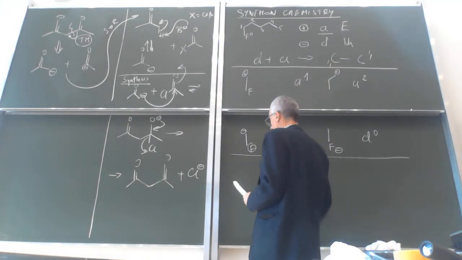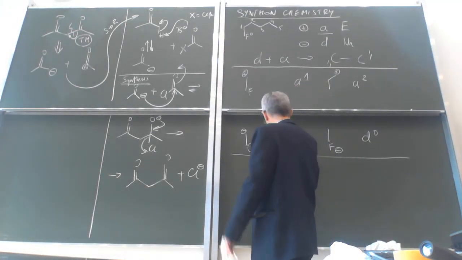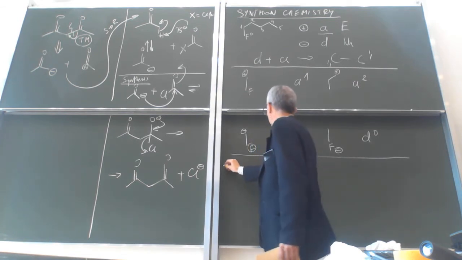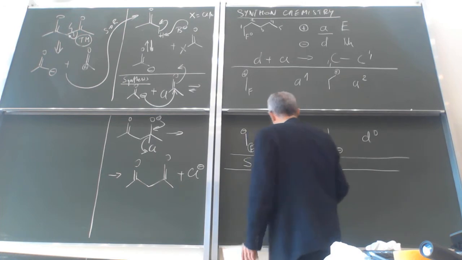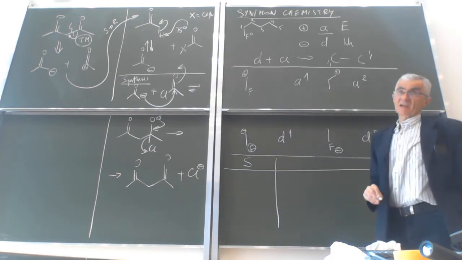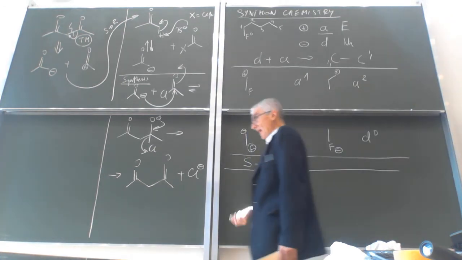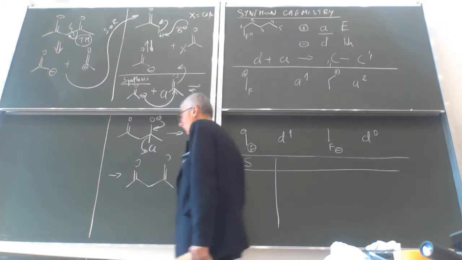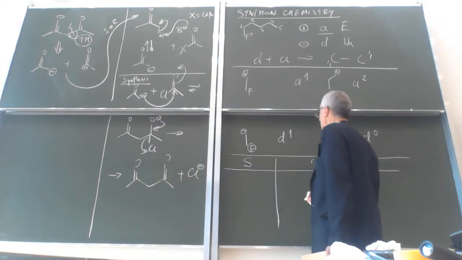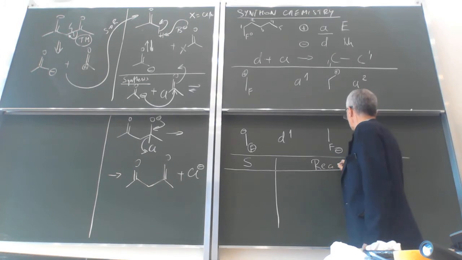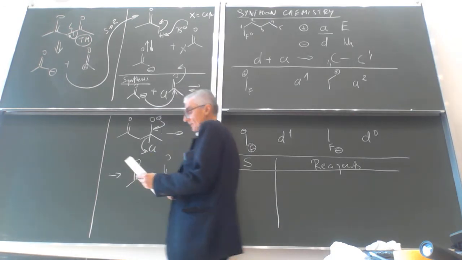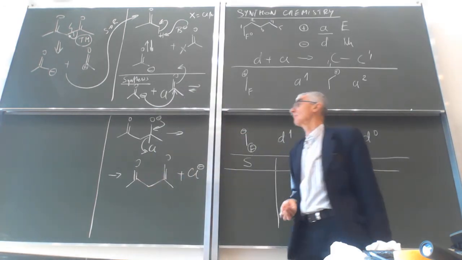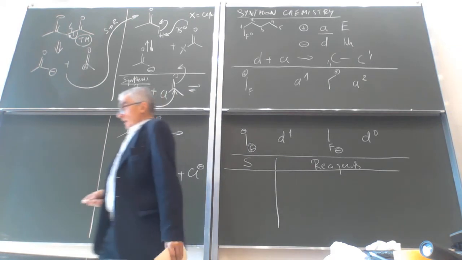And so I'll prepare such a table in which I'll write here synthon type, and here the reagent or the reacting equivalent, so reagents or reacting reagents. And of course, let's start from the acceptor